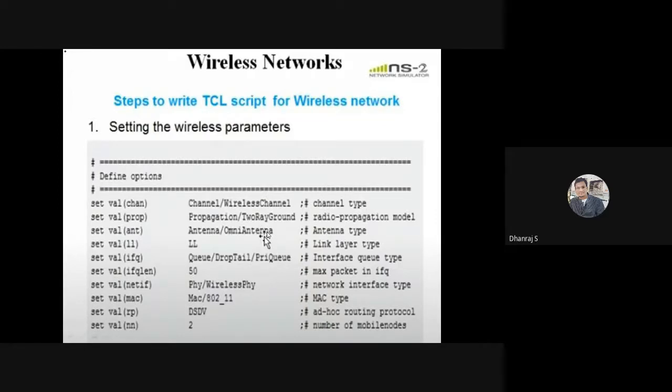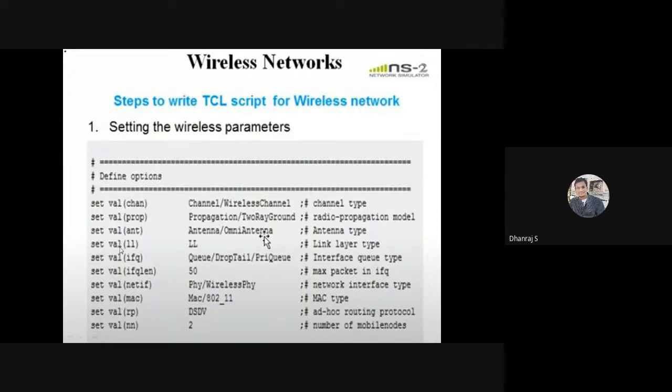One of the major advantages of having this omni antenna is that it will cover almost all the directions, or you can say the range of all the mobile nodes can be covered in the form of 360 degrees. So the specialty of this omni antenna is that it will cover a larger area in all the directions. In the 360 degrees it will cover the whole range.